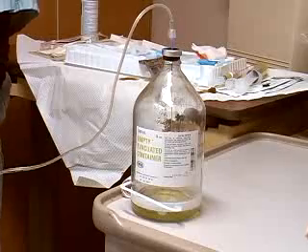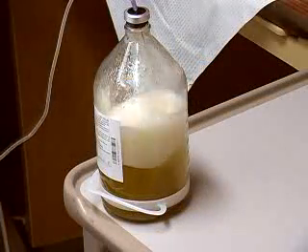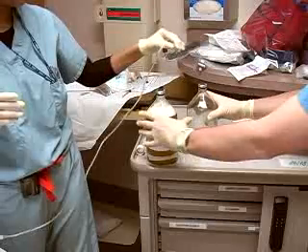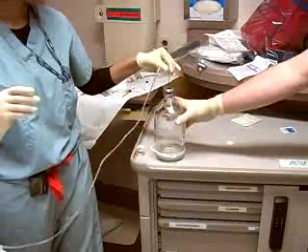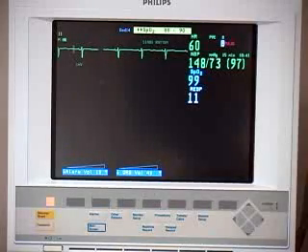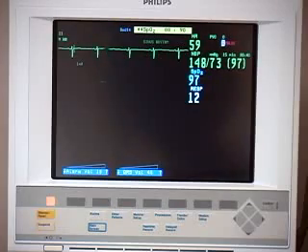The vacuum in the container will actively drain the acidic fluid. It will take several minutes for each bottle to fill. Enlist the help of an assistant to change bottles during the drainage procedure. During large volume paracentesis, it is essential to closely monitor the patient for hemodynamic changes, since fluid shifts may cause